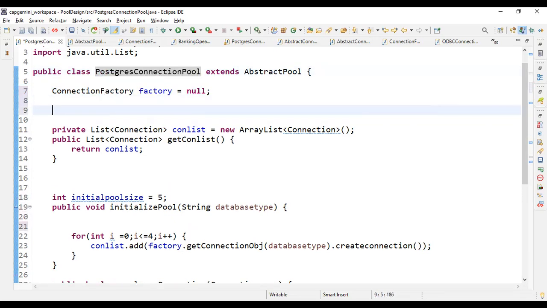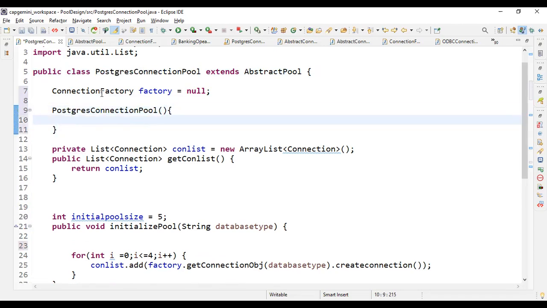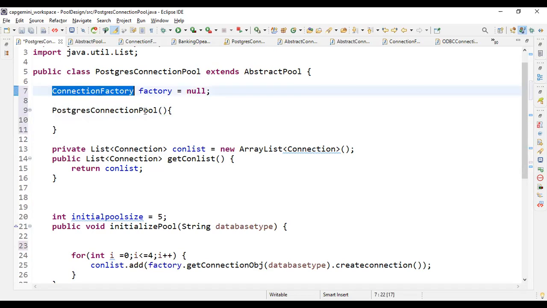So we are doing the injection through a simple injection, which Spring generally does. Correct? So in that scenario, I will say